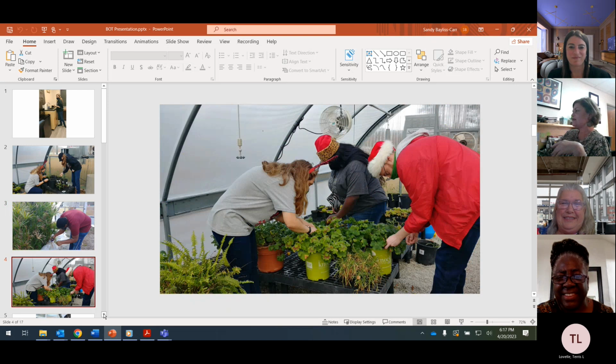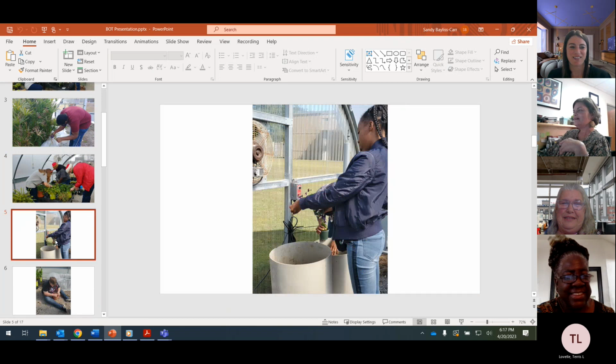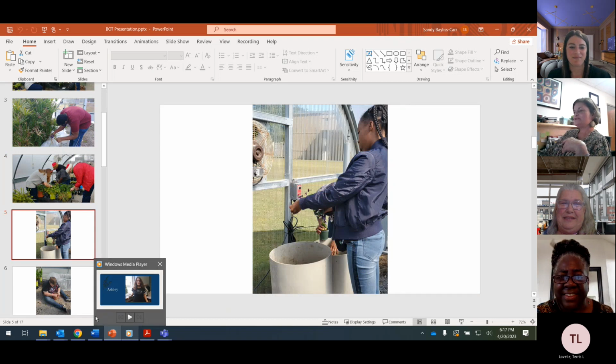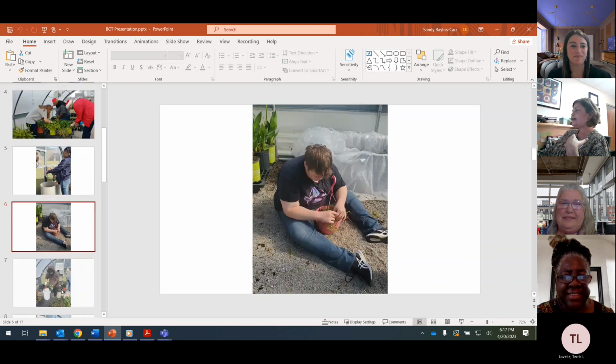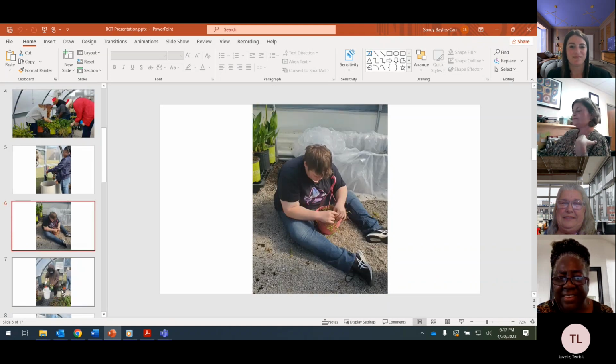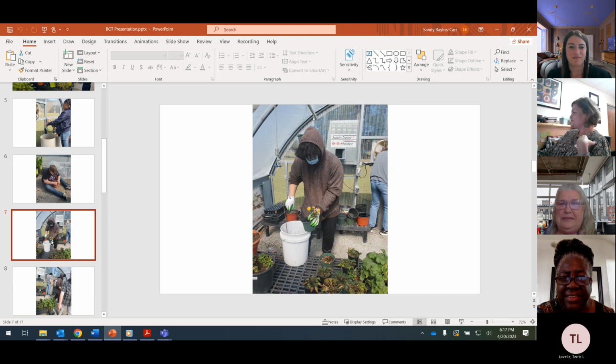This was during the holidays, as you see, they have on their little Christmas hats. But these are just some pictures. They have their chores and they know exactly what they're supposed to be doing. And here's a student here. I'm not sure if he's repotting something or what. There's Tutu. Do you remember Tutu, Rita? Yes, from last year. I think that's so cool. Here, there he is, working in the greenhouse. It looks like he's getting ready to do some planting.